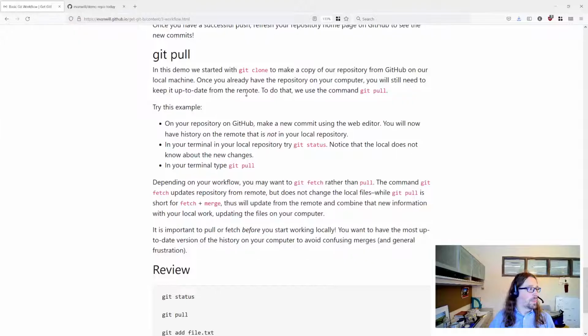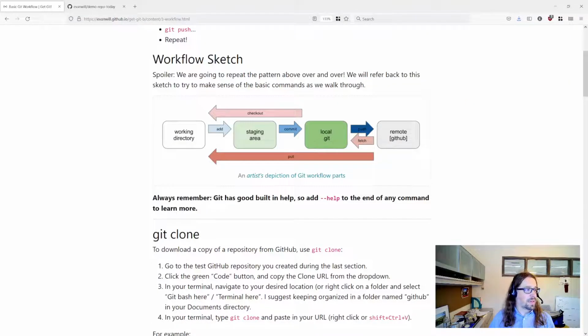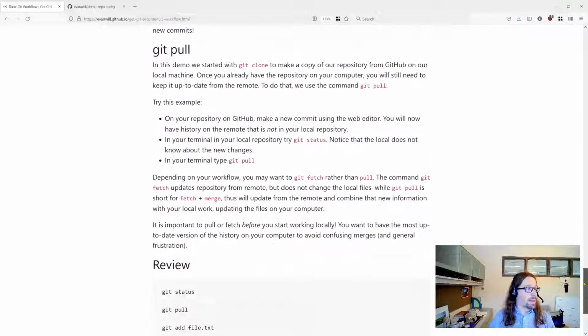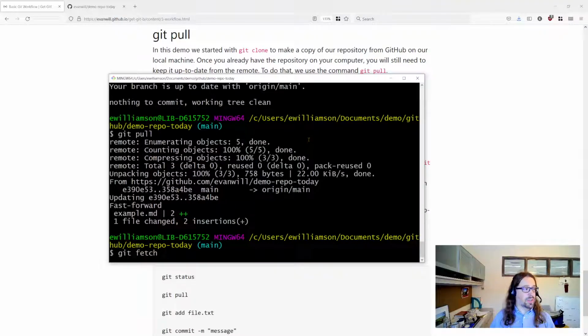Again, it's essentially just updating this hidden .git folder, and git fetch does not update the working directory. So fetch right here is asking the remote, bringing that history down, only to the history, but not updating your working directory. Git pull is a combination of git fetch plus git merge,